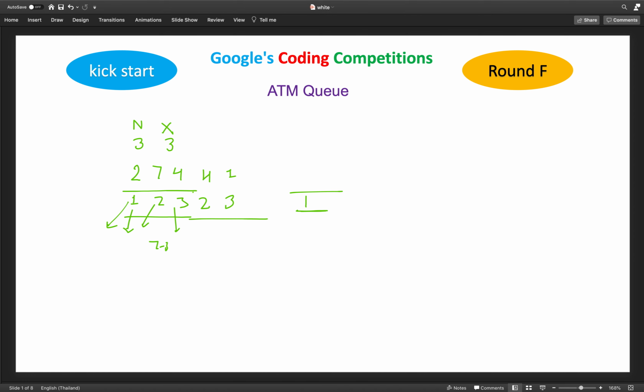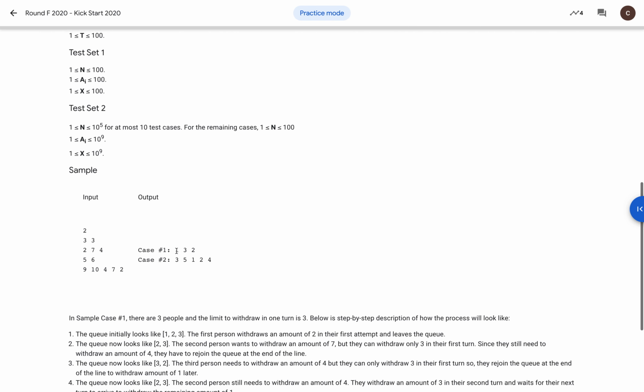Similarly this continues, and then this person gets out of the queue, and this person again goes into the queue needing 1 more. This person can now get out and goes into the result, and then similarly this person gets out, and this is the final order. The order 1, 3, 2 is the order in which they go out of the ATM. So this is the answer we have to return.